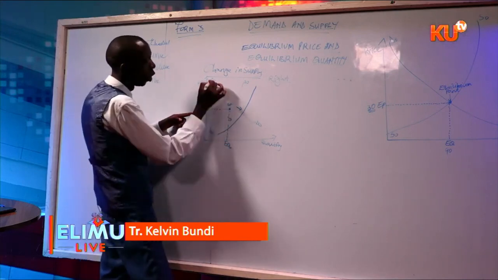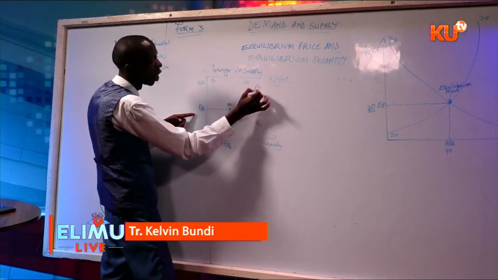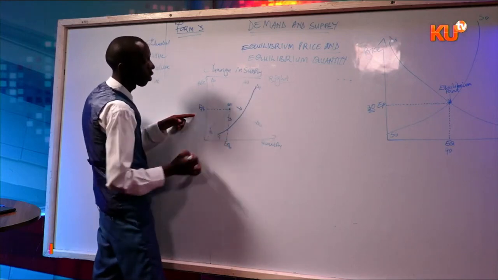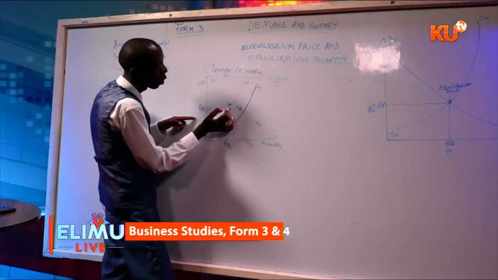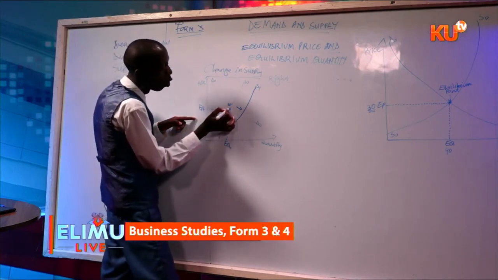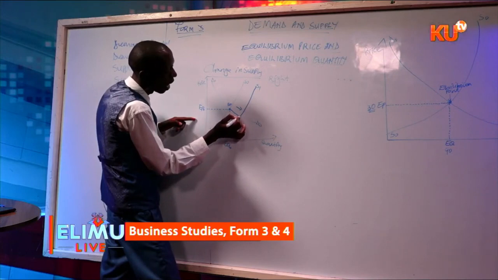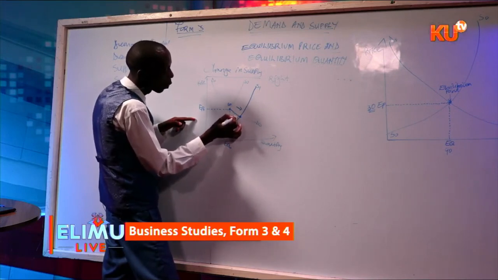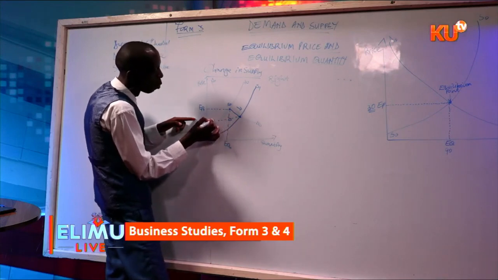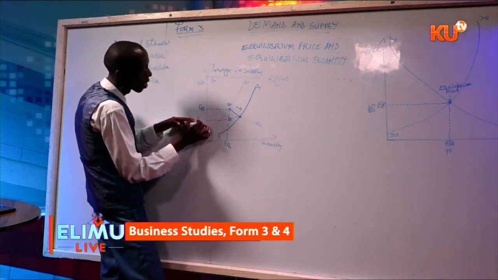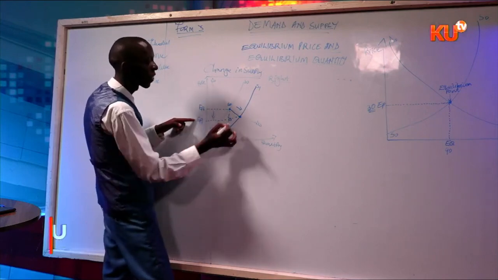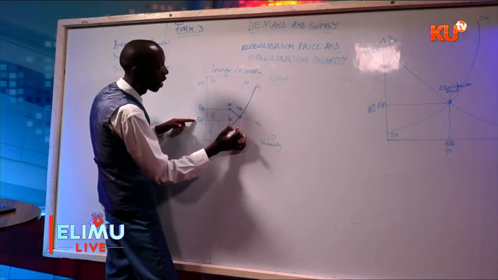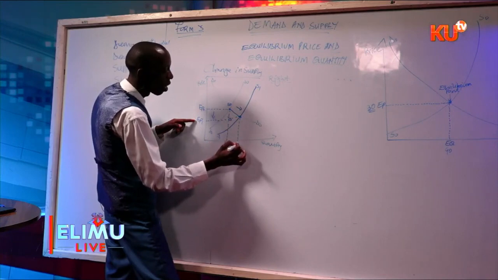Now, when the supply curve shifts to the right from S0 to S1, the equilibrium point moves downward and to the right, making the equilibrium price move downwards, which means there is a decrease in price, and the equilibrium quantity moves